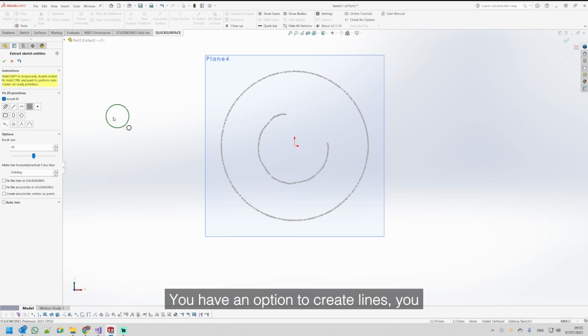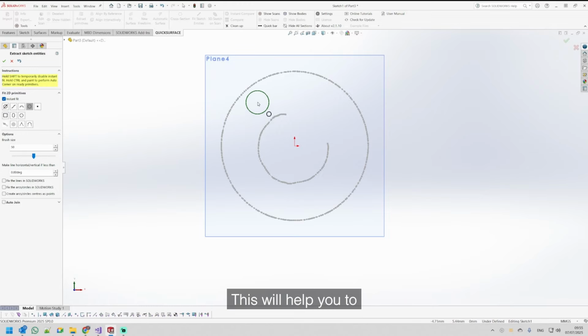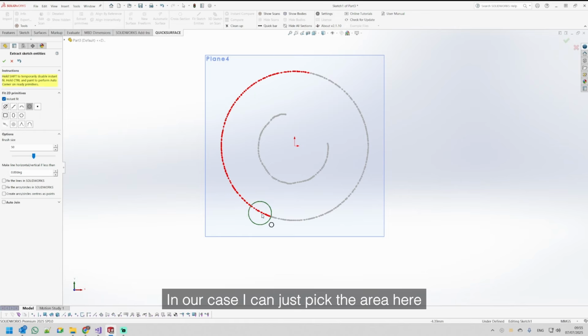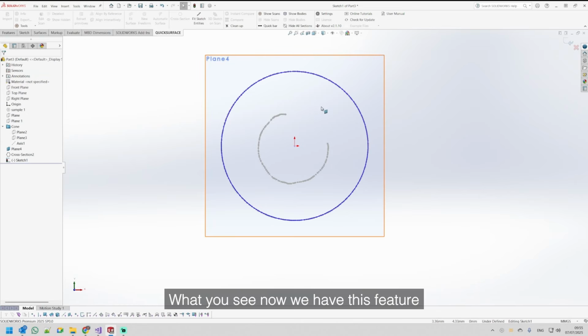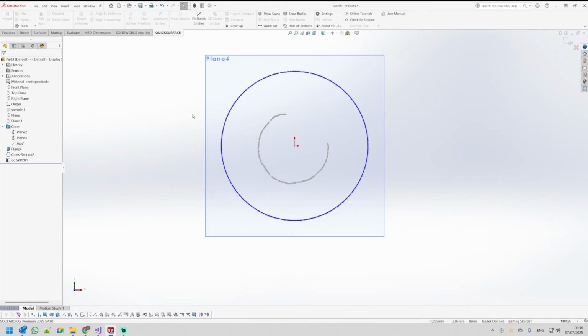You have options to create lines. You can fit a rectangle, slots, and hexagon. This will help you to optimize your process. In our case, I can just pick the area here that will be my circle, and then I can press OK. What you see now, we have this feature back in SolidWorks, which is created as a normal SolidWorks entity,